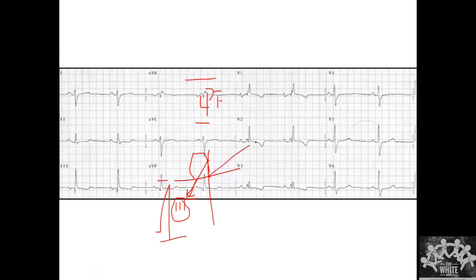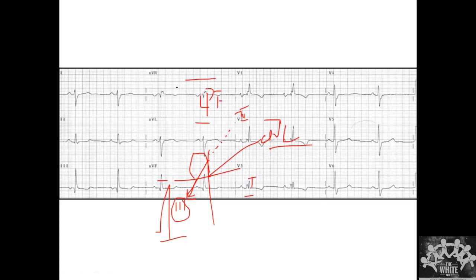So the lead exactly opposite, the nearest lead. We don't have a lead that is -3, sorry. This will be -3, but we don't have that lead. So the nearest lead that we have is lead AVL. So we look at lead AVL and lead 1. Compared to lead AVL and lead 1, which should have more negative deflection?